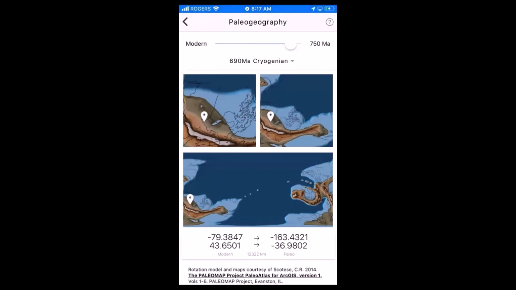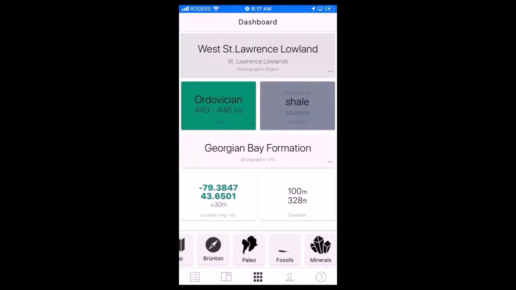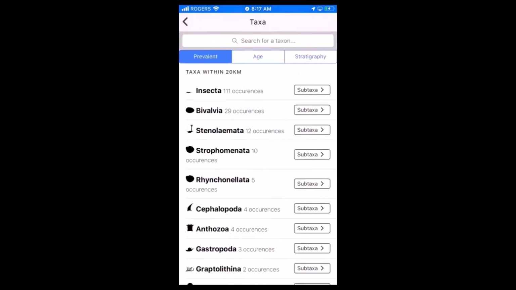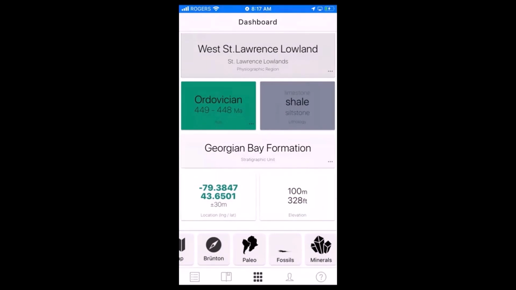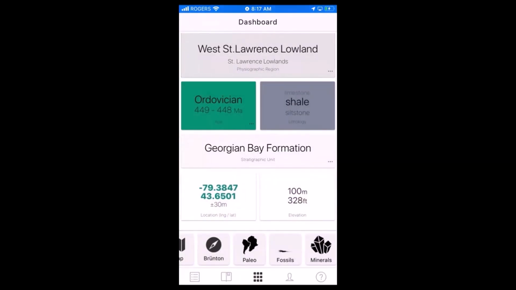It's very useful. It talks about the fossils that you can find here and the minerals that can be found here. So I strongly recommend you have this one when you are planning your trip, and when you're on your trip, it's very useful, especially when you can see the age, the paleo,